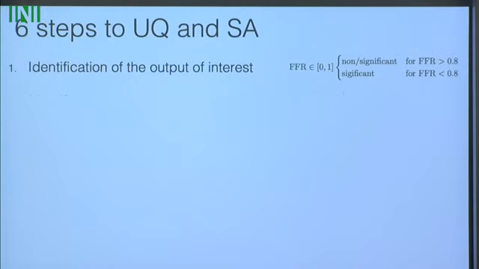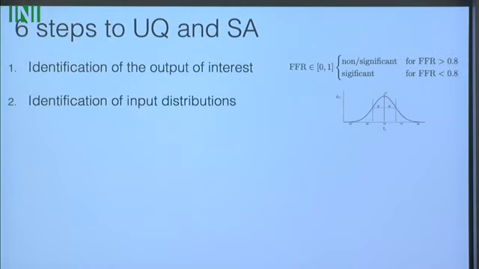Based on what we've done, we have suggested in our guideline paper 6 steps to UQNSA for cardiovascular models. First, you need to identify the outputs of interest, which, since we are working on a project on FFR, is FFR, fractional flow reserve, a metric of interest here. Then, if you have a model which can compute FFR, you have to identify the distributions of the